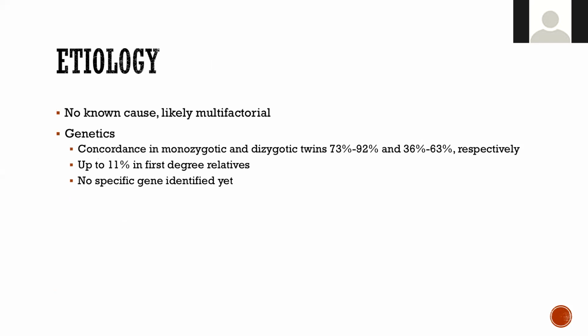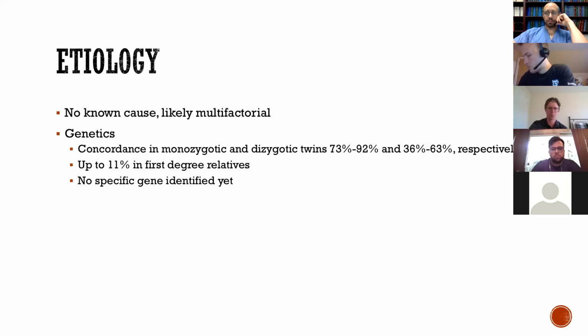And so, as the name implies, nobody really knows what the cause of AIS is. But there is a strong genetic component to it. They haven't really figured out what exactly the gene is, or if there is a gene. In monozygotic twins, there is a 92% concordance, and in dizygotic twins, 36 to 63%, and up to 11% concordance in first degree